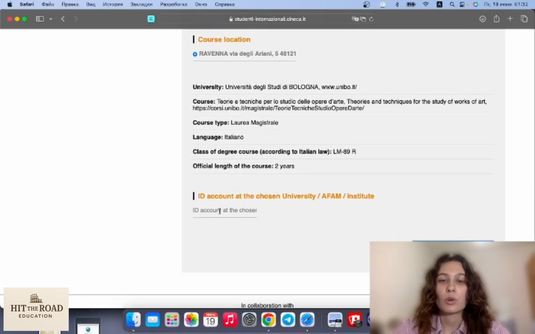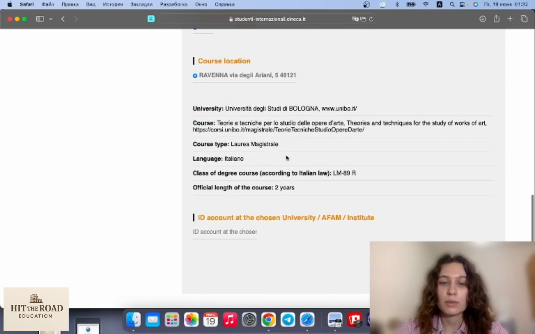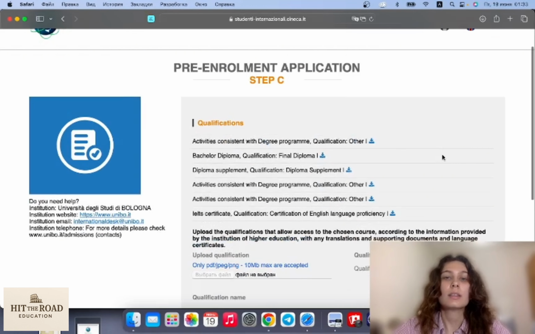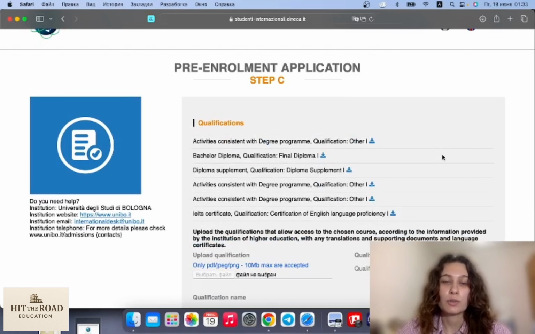Here you should add your ID or email. For example, for University of Bologna, it will be your university email. But for example, for Politecnico di Torino, you would have to write an ID of account, which is a mix of numbers and letters. And then we go to step C, where we have to upload all necessary documents for